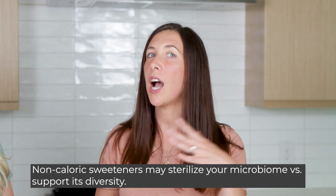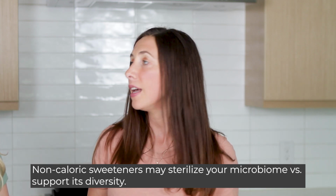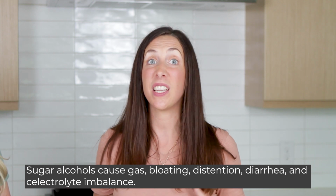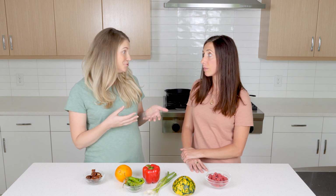Then with these sugar alcohols, we see that these are really not metabolized by the body. In fact, they're excreted in the urine in the same structure in which they're consumed. So because we don't break them down, they can create a lot of osmotic flushing, loose stool, GI bloating, and distension. And in that flushing process, we can see a disrupted microbiome as well. And then beyond that, some of those sugar alcohols actually, when they do drive the diarrhea, looser stool, we can see that we